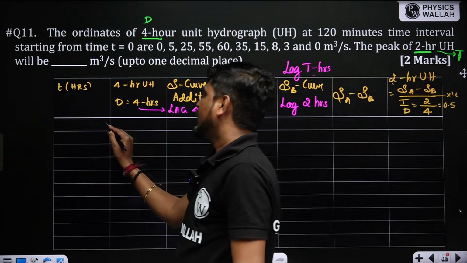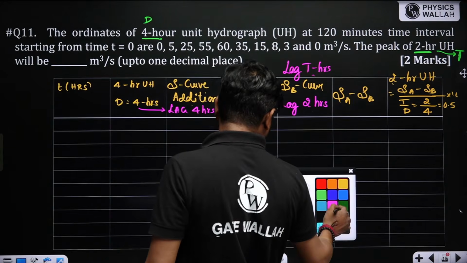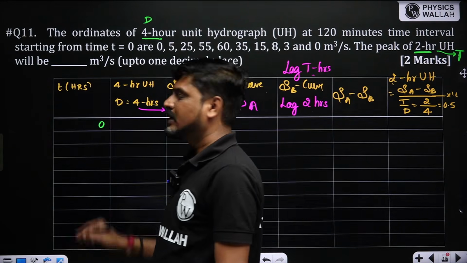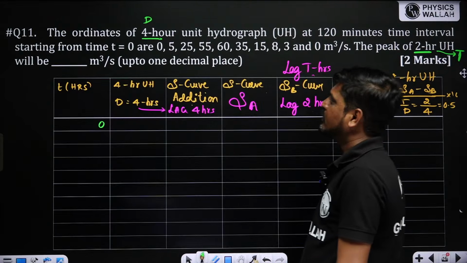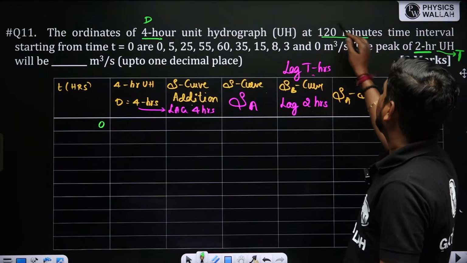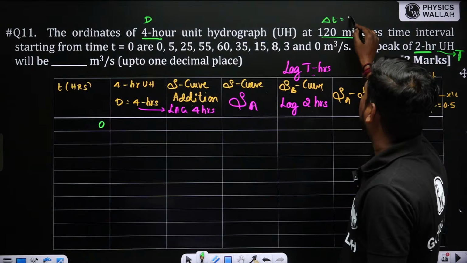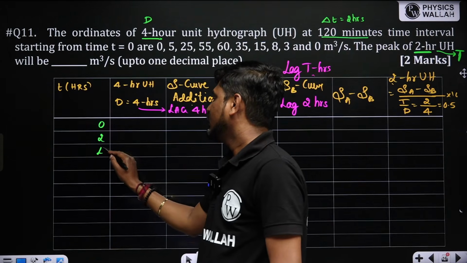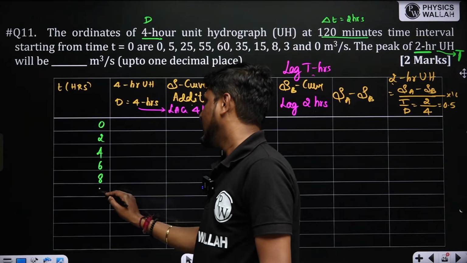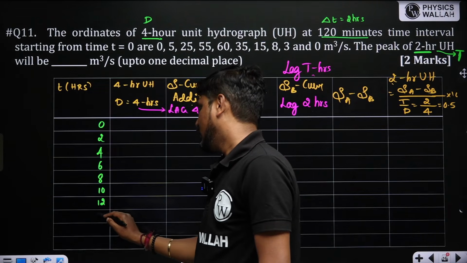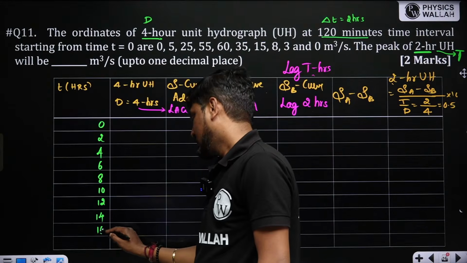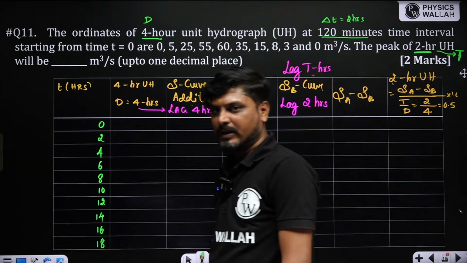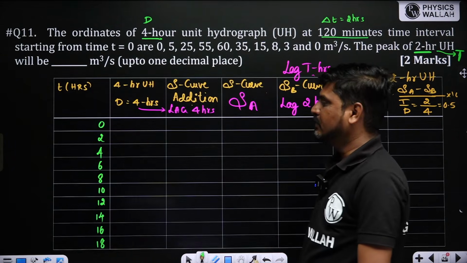सो टाइम ऑलवेज टाइम T इज इक्वल टू 0 से शुरू करेंगे। 120 मिनट इंटरवल दिया है, डेल्टा T 2 आवर्स। सो 0, 2, 4, 6, 8, 10, 12, 14, 16, 18। 2 आवर्स का टाइम इंटरवल।